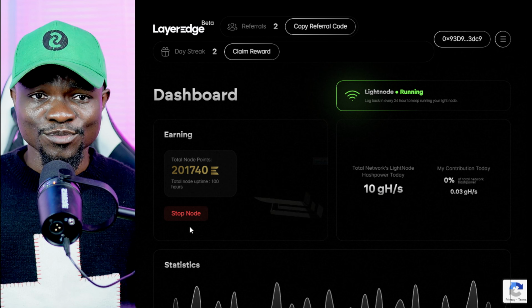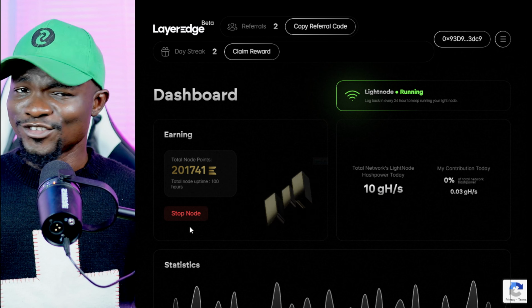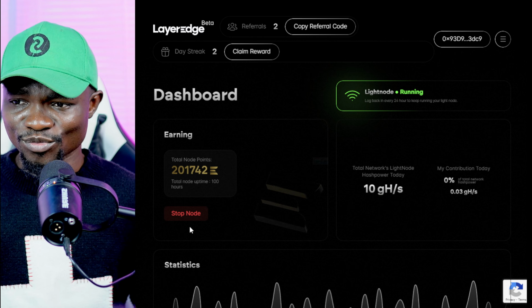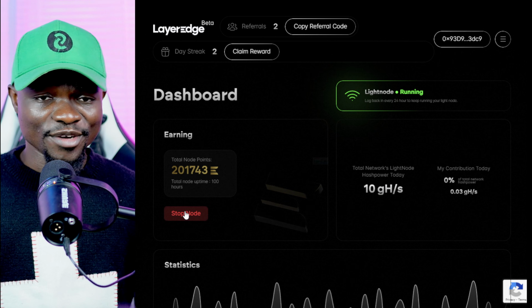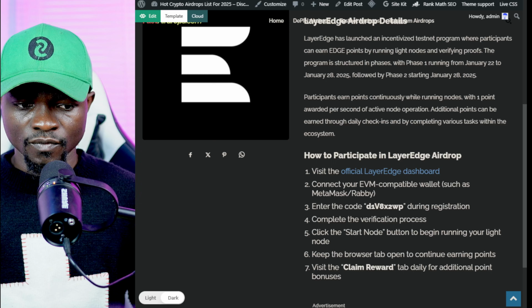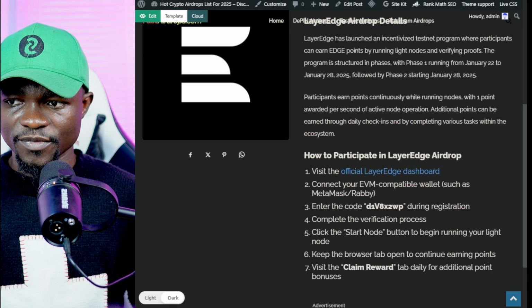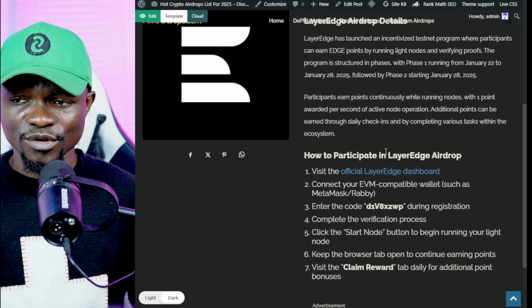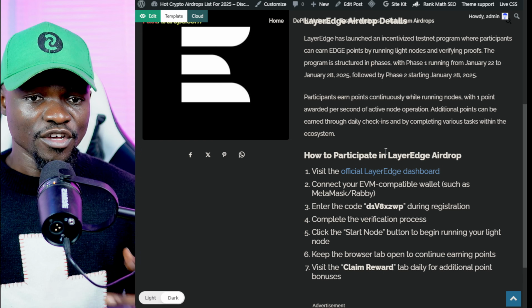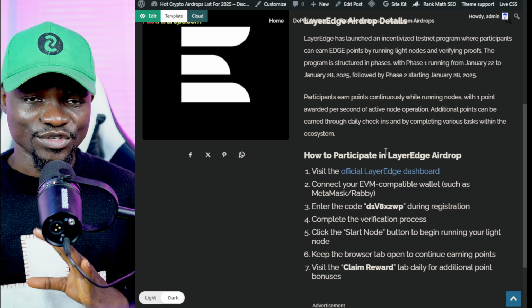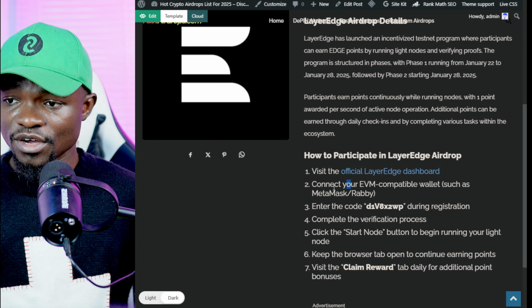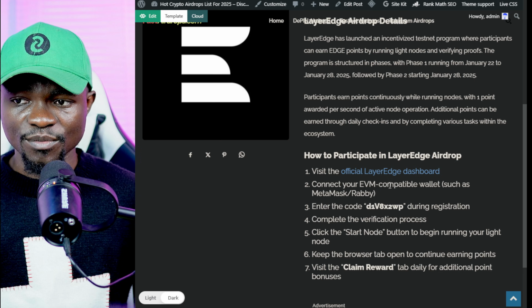And if you want to start this project on your mobile phone, it's a little bit complicated, but let me just show you how it can be done on mobile phone. So right now I'm going to switch over to my mobile phone so you can see what I'm trying to say. Once you copy the link from this particular website, visit the official how to participate in the LayerEdge airdrop. This particular website is going to show you everything you need to participate in the airdrop, every detail you need. So now visit the official LayerEdge website, and the second thing is connect your EVM compatible wallets